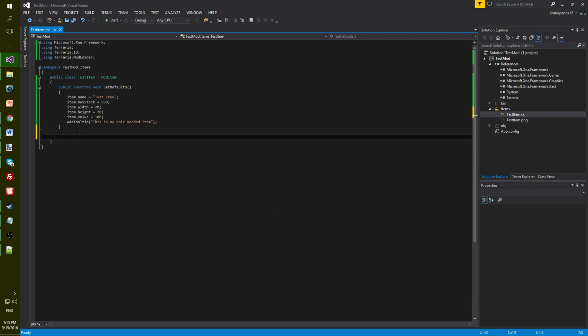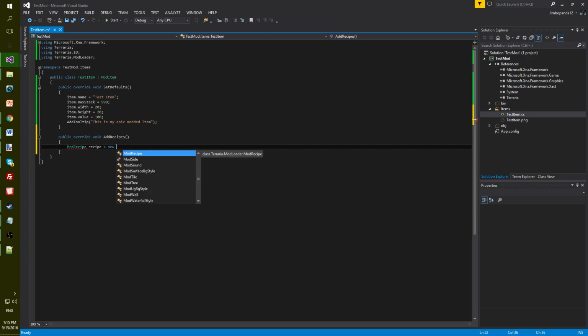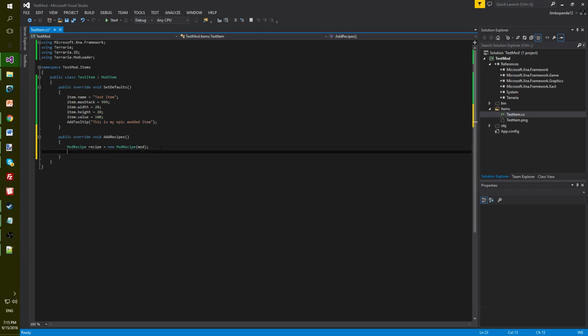So as I was saying, we need to create a recipe here. So we go public override void AddRecipes. There we go. And then this thing will come up saying base.AddRecipes. The first thing you want to do is type ModRecipe recipe equals new ModRecipe(mod), just like that. Then hit enter, go down the line, and then go recipe.AddIngredient,